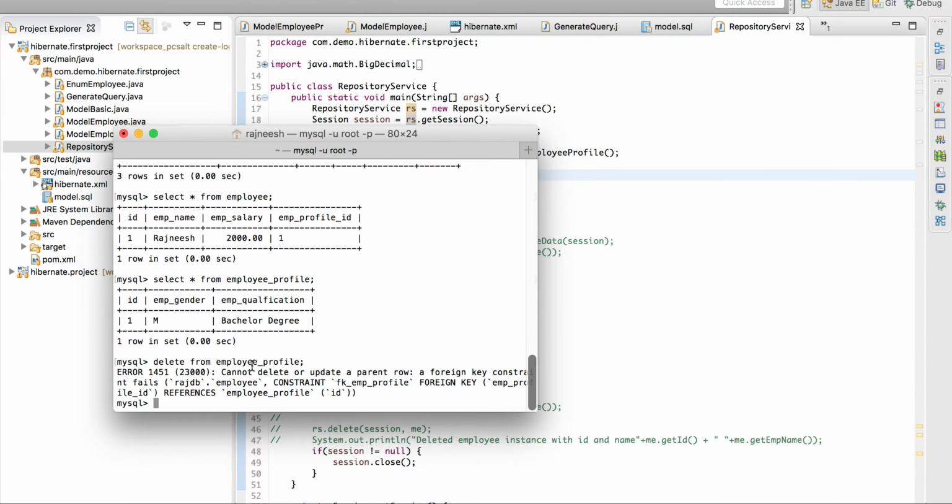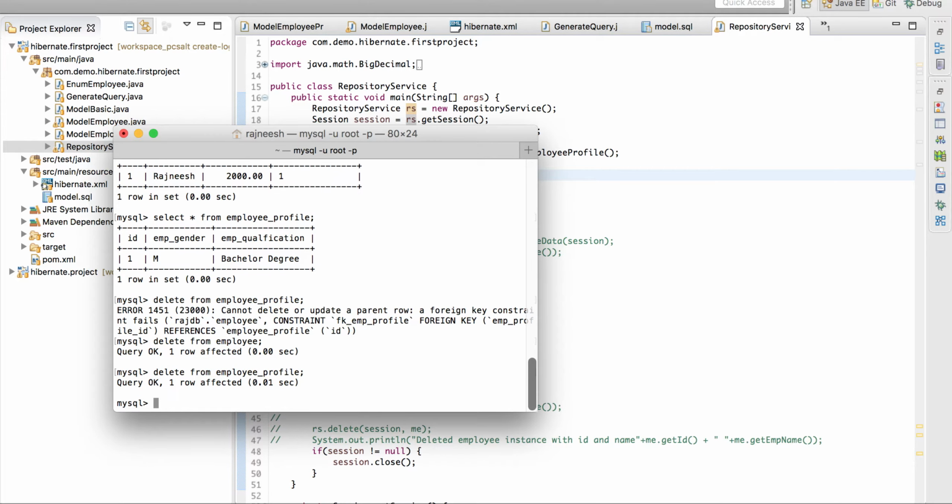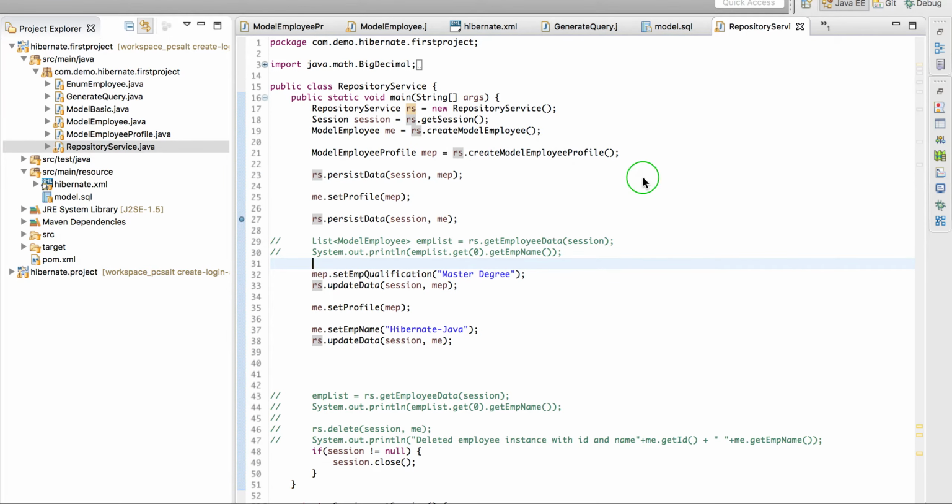It is saying it has a relation with employee, so I'm going to delete the employee first. Delete from employee, and now I'm going to delete this. Now while I run,